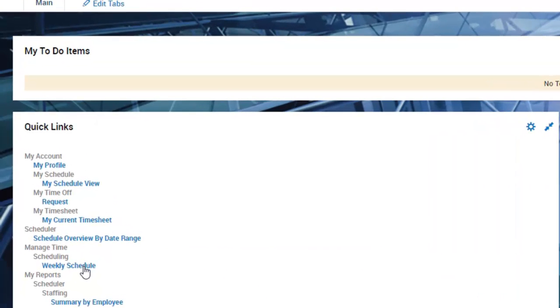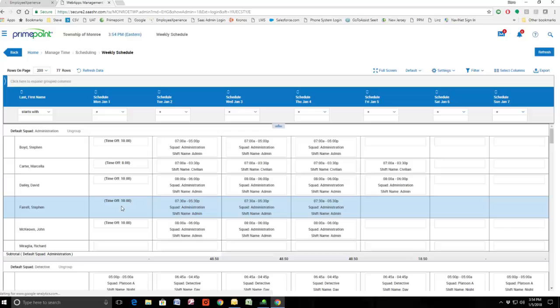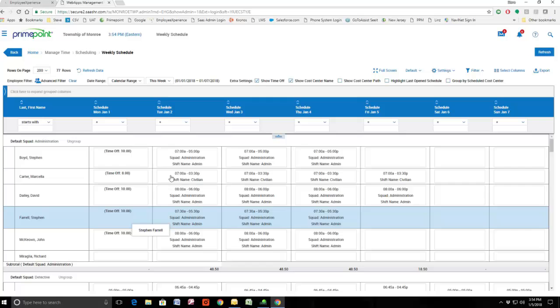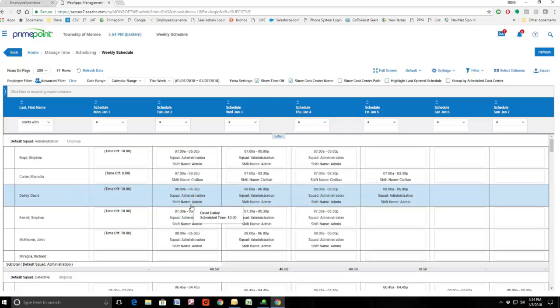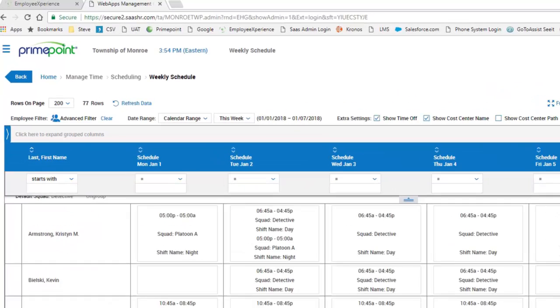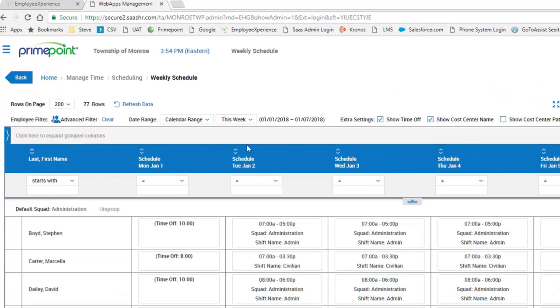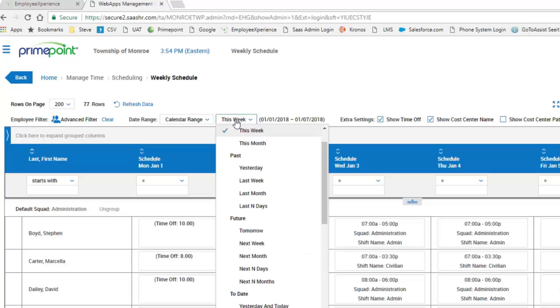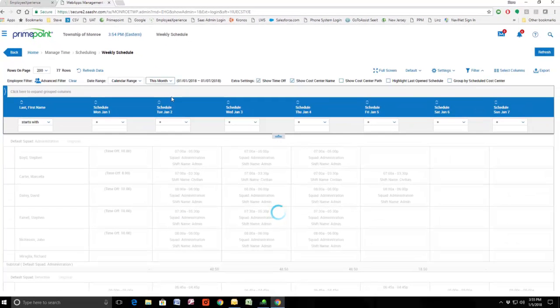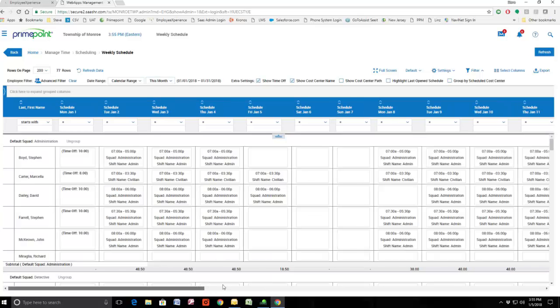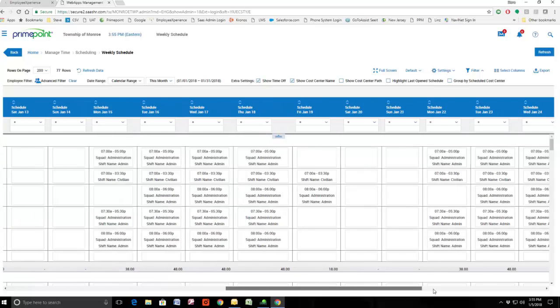You can also click the Schedule Weekly Schedule, which will bring up a view of the current week's schedule, again sorted by squad, and you'll have the details of the time and the squad position and name inside. And if you want to look at things further out than a week, you can change this link at the top to show this month, and then a scroll bar will appear on the bottom of the screen that'll give you the option to show more than 7 days. So as soon as the schedule's finished loading up, that scroll bar will appear, and now I can view the schedule for the entire month of January,